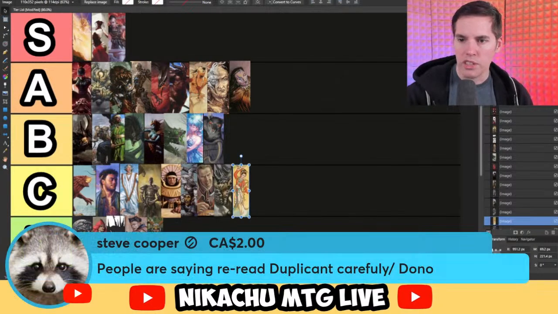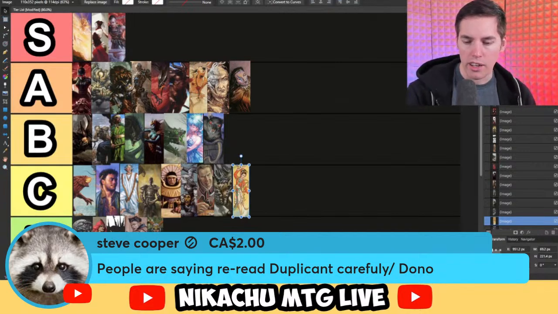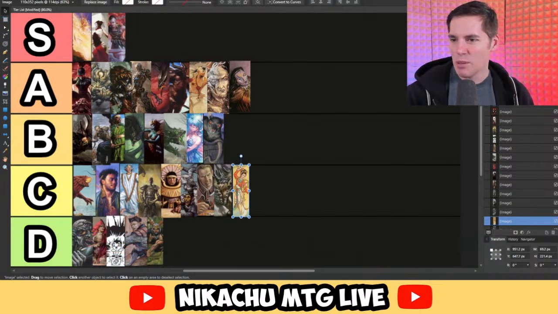This is how it's gonna be. Steve Cooper. People are saying reread duplicate carefully. Plus dono. Okay, I got the message. But thanks for the donation. Okay, we'll donate to